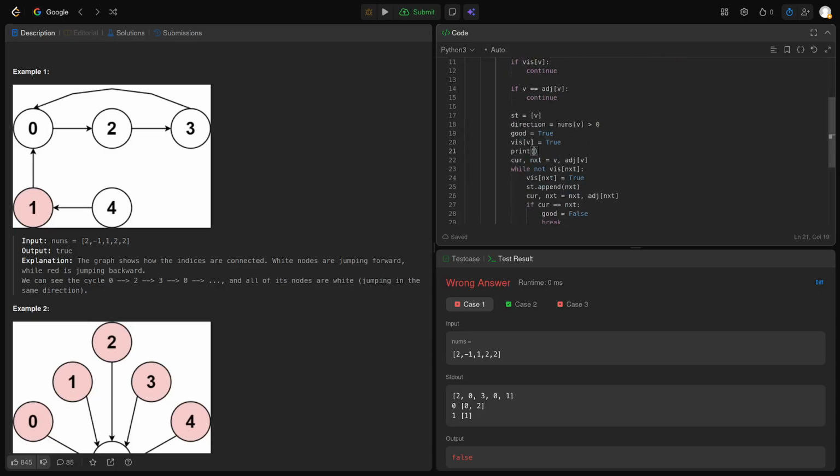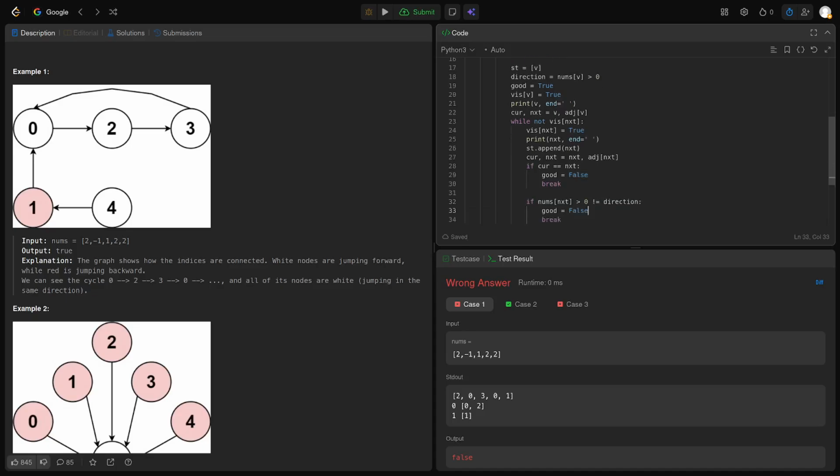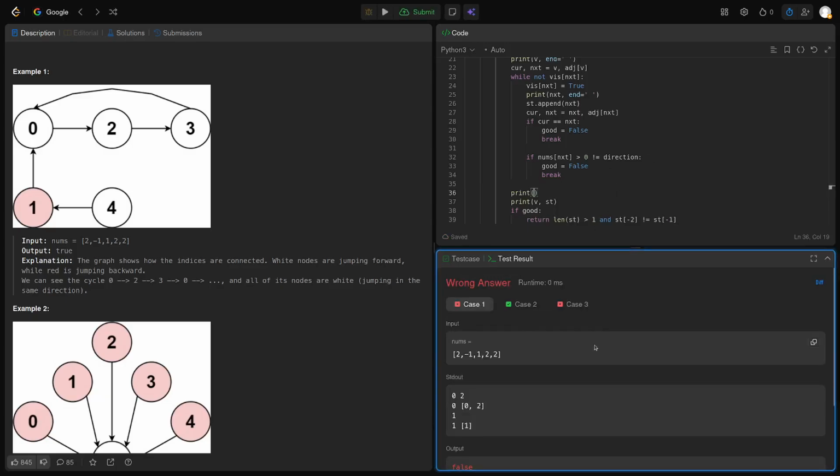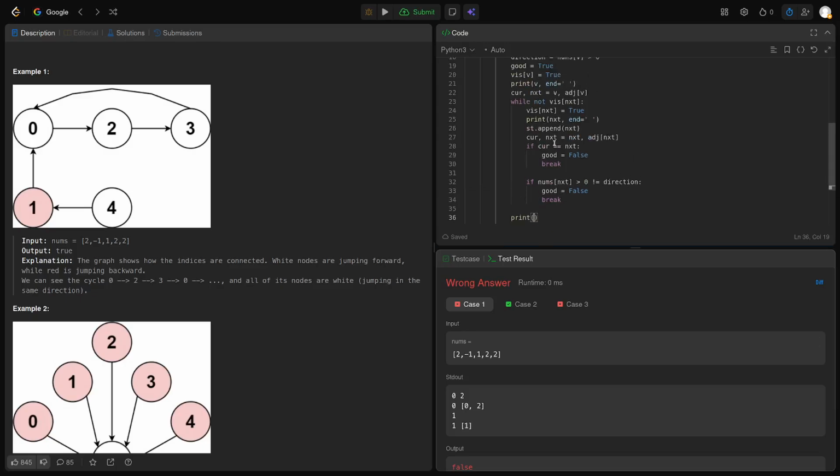And then so you get 0, 2, and why nothing after that? Because adjacency of 2 is 3. So if next is 2 and this is 3, that's like